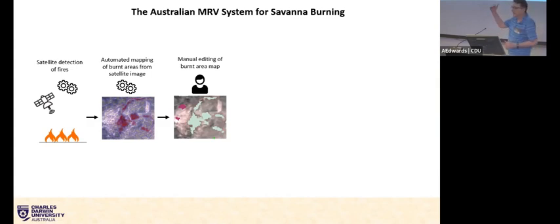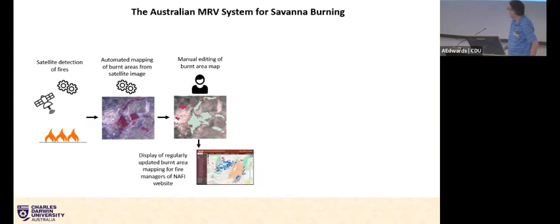If you want to see if that road has pulled up that fire, you want to know exactly where that fire scar is. Is it on one side of the road or the other? Has that road been effective? Is there a gap in those fire scars that'll form a good barrier? So accuracy was a key criterion. That's why we use these mappers with knowledge of country to bring that accuracy up to the level that people need.